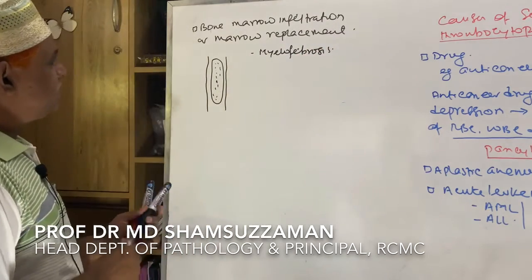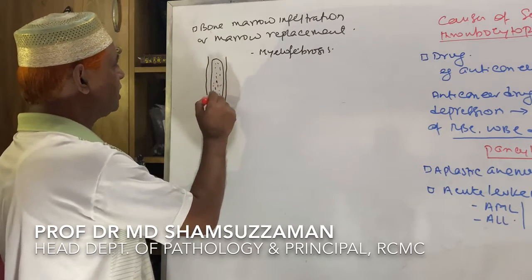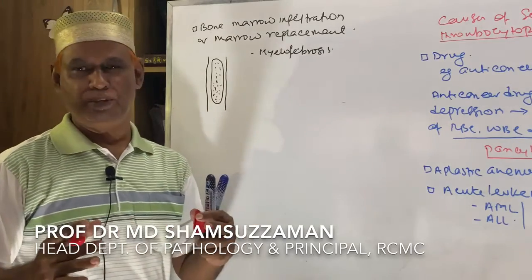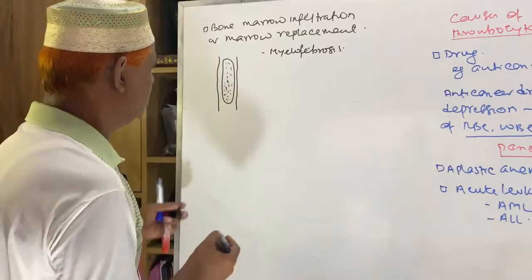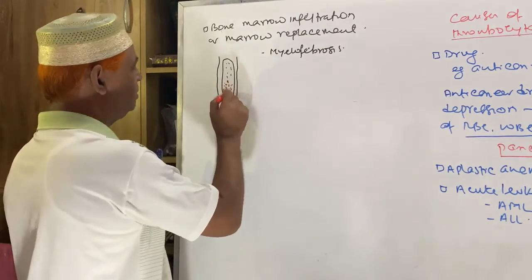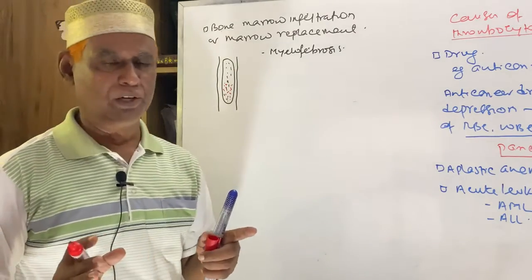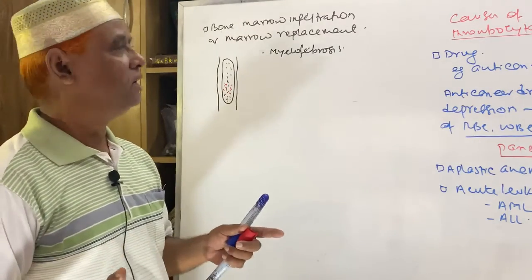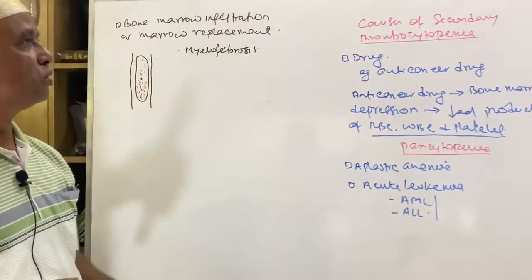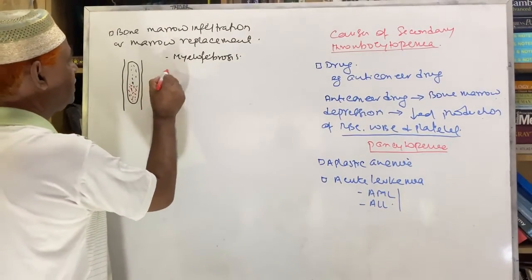Myelofibrosis. Dear audience, if the fibrous tissue or the fibrosis occurs within the marrow, there will be decreased production of RBC, WBC and platelet, and it will lead to thrombocytopenia. If myelofibrosis occurs within the marrow, there will be decreased production of RBC, WBC and platelet, and it will lead to pancytopenia, and one of the important features of pancytopenia is thrombocytopenia, and it is secondary to myelofibrosis. Another is